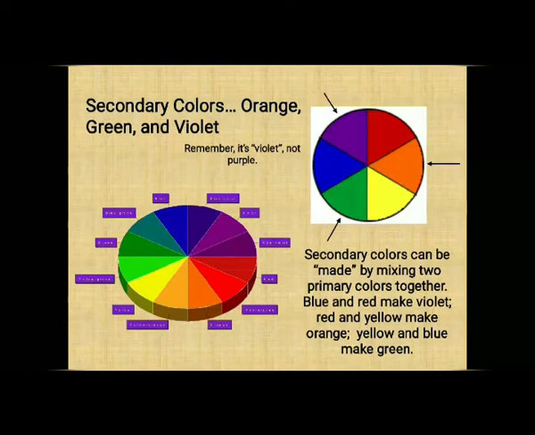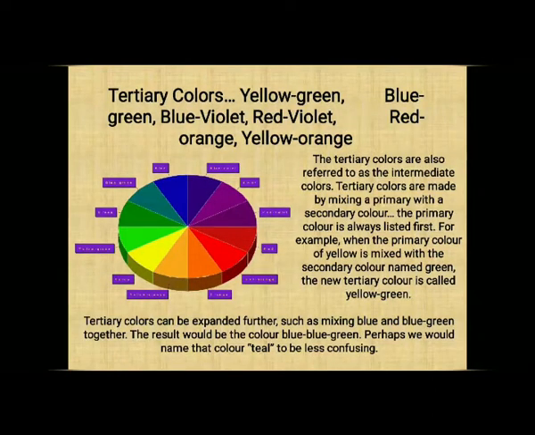Why is it called secondary? Because the mixture of two primary colors gives an output, and it is the second form of color, which can be originated only by using two primary colors. That's the reason it's called a secondary color. So secondary colors are basically three: violet, green and orange. And we have other colors, the neutral colors. And we have the tertiary color cycle, that is the third stage of colors.